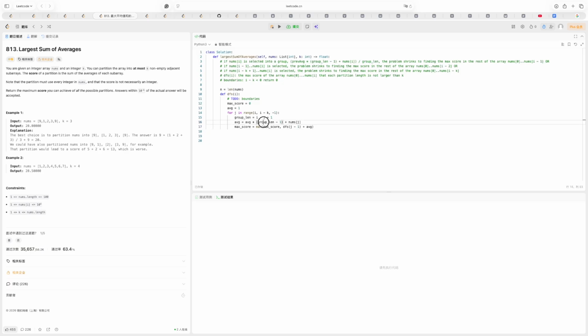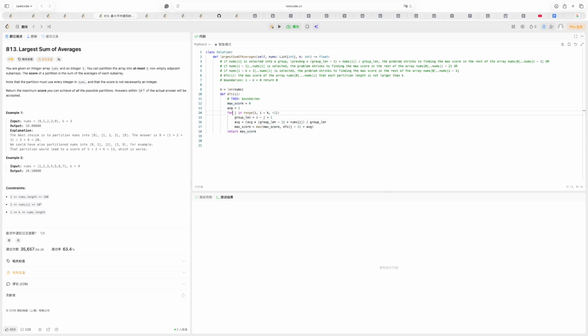For the first one, this will be 0. The group length is 1, and we should divide it by group length. Okay. Then return the max score,